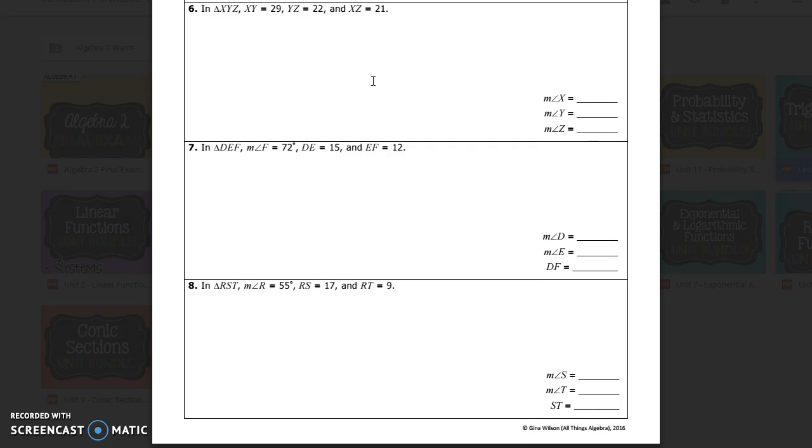So there is my activity based on the law of cosines, which also includes the law of sines, how they're compared, solving different triangles, doing some application problems. Alright,